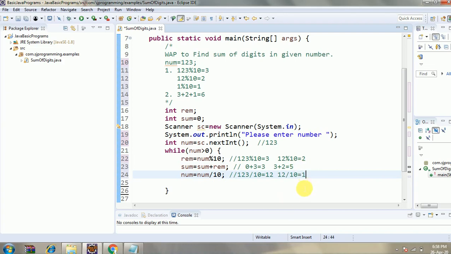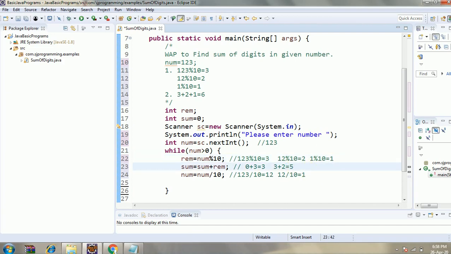So this 1 will go inside this while loop and it will check 1 is greater than 0. Yes, it will come inside the loop. Then remainder is equal to number mod 10. Number is 1, 1 mod 10 is equal to 1. In the sum variable we have the value 5.